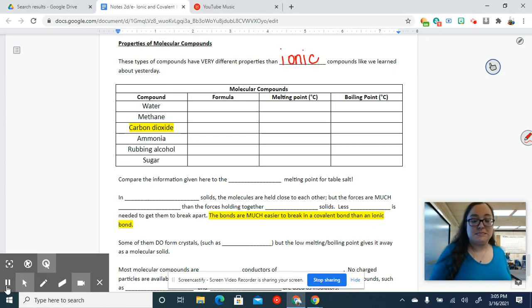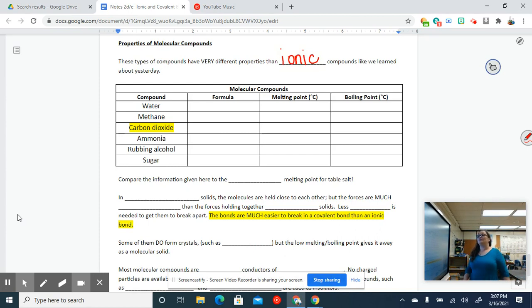Okay, so we're going to just look at a couple of different molecular compounds, look at their melting points and boiling points, just so we can kind of see and compare to ionic compounds. So water, we know, is